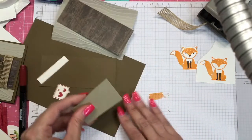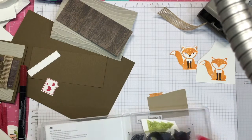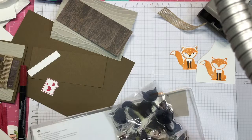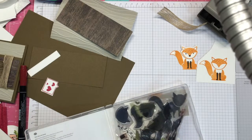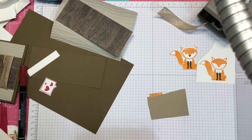Oh, well, I guess I had not stamped my stump out. I thought I got all of them out, but I did not get my stump out. So let me grab my stump real quick. And we will